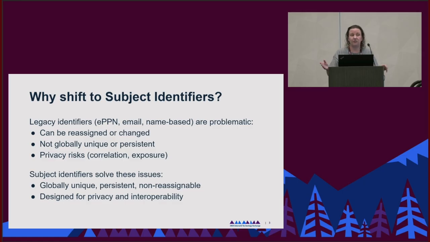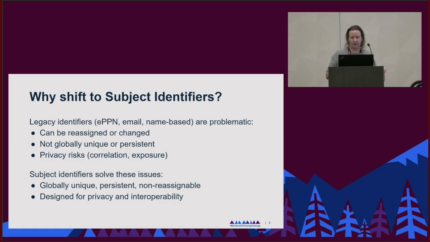A user could have a name change, which changes the identifier. They are not always globally unique or persistent, and there are some privacy risks with correlation and exposure. Subject identifiers are meant to help solve these issues. They're meant to be globally unique, persistent, and non-reassignable, that is in the spec, and they're designed for privacy and